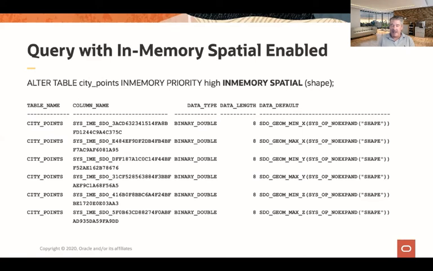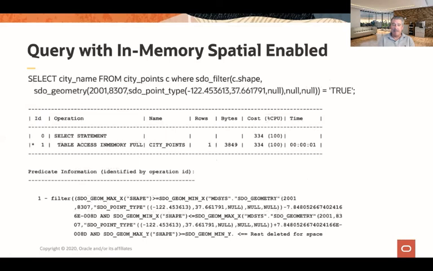And the neat part about that then is that we can run a spatial query and take advantage of those in-memory expressions, or those populated spatial indexes. You can see that in the filter, in the predicate information. We can take advantage of that in the column store itself. So that can give us some significant performance improvements when querying spatial data, and we've enabled that in the column store, so that you can take advantage of that without having to create